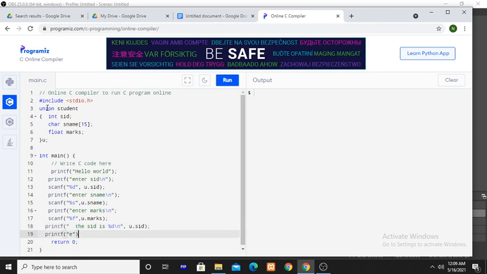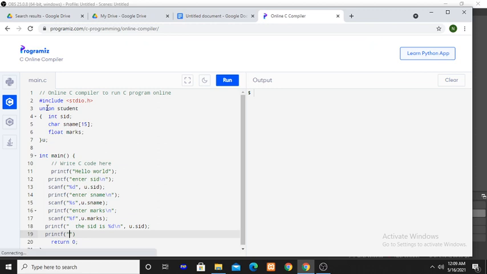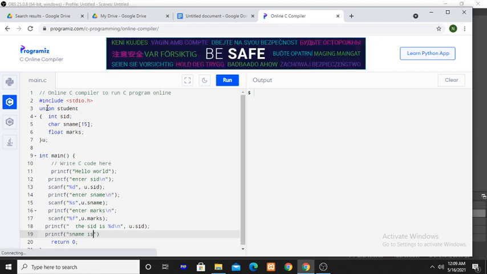Next, student name is, so U dot SNAME. Student marks is %f, U dot marks. Okay, now run this program.